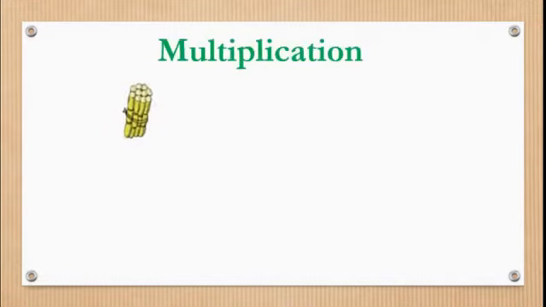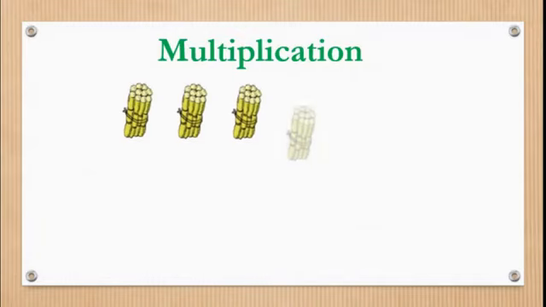Multiplication. Yes, dear students, see this is a bundle of sugar cane. Okay. Second bundle, third bundle and fourth bundle. Isn't it? And each bundle has 10 sugar canes. Got this? In one bundle there are 10 sugar canes. Then we want to calculate how many sugar canes are there in 4 bundles.